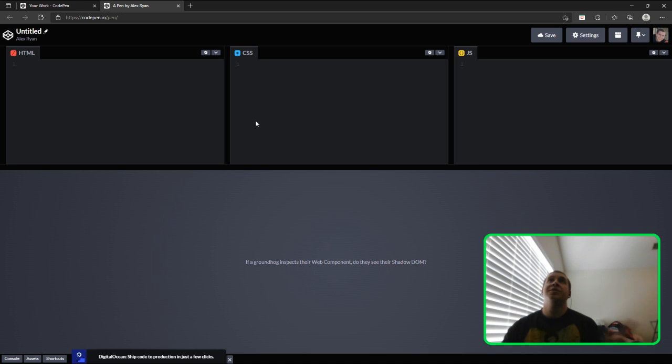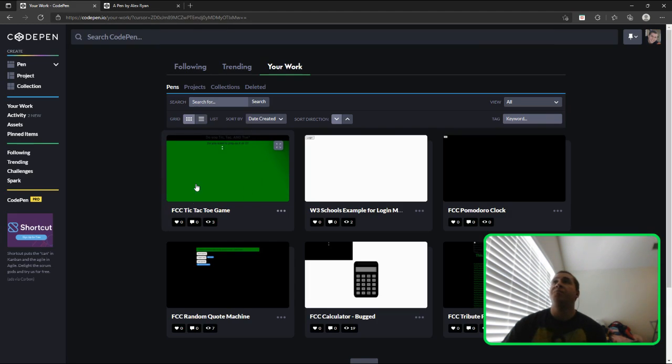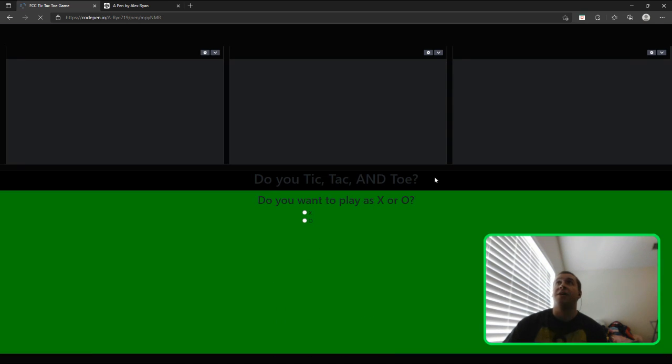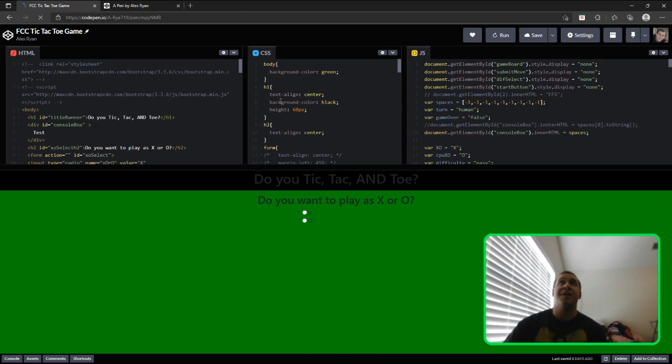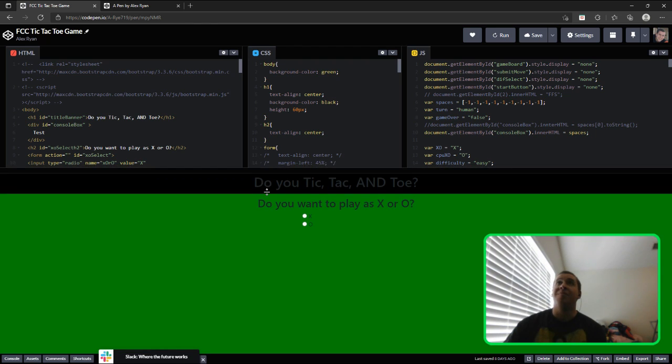Now, CSS is really closely coupled with HTML. You can't really say HTML without also referencing CSS. HTML is the structure of the website. CSS stands for Cascading Style Sheets, and is how it appears. We're talking colors, spacing, margins, padding, all the different things. In fact, let me go ahead and pull up the Tic-Tac-Toe game, because this is very JavaScript heavy, and it has CSS and HTML. So go ahead and pull this down.